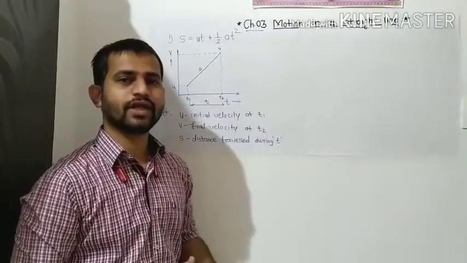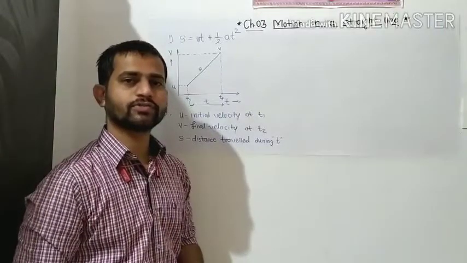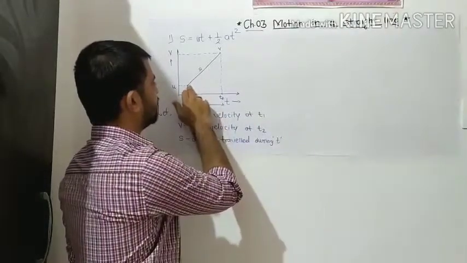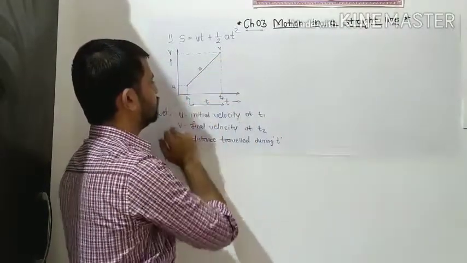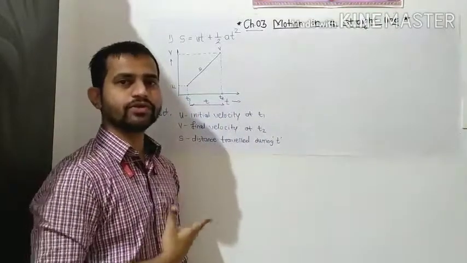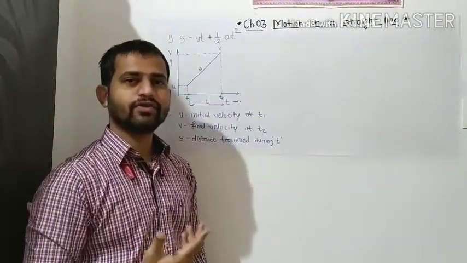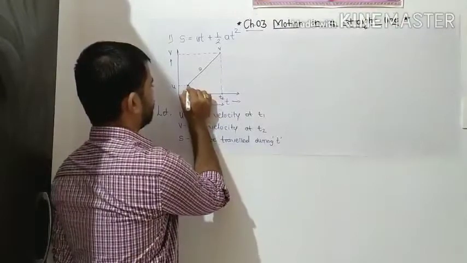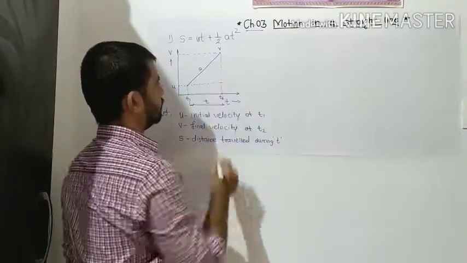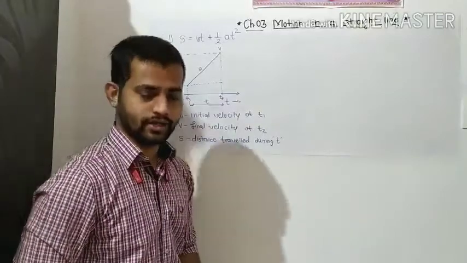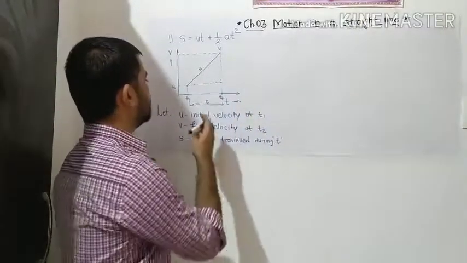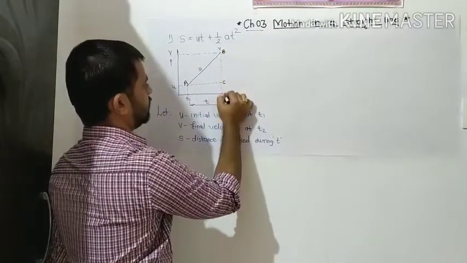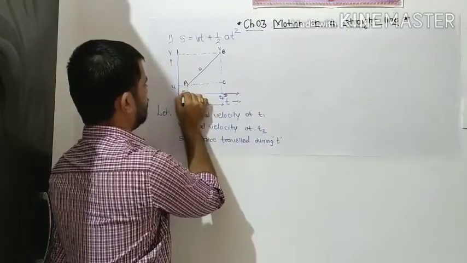We have to consider the area of this curve, and for that we need some considerations. This is a pentagon-like shape. Here is one corner, here is one, here is one, here is one. Instead of going for the pentagon, we can divide this profile into two separate profiles, one triangle and one rectangle. Let us name these points A, B, C, D and E.